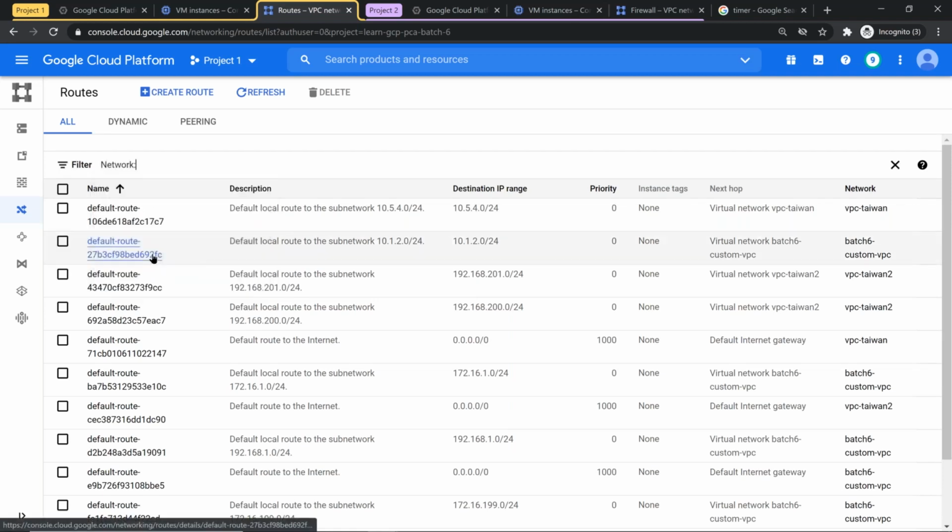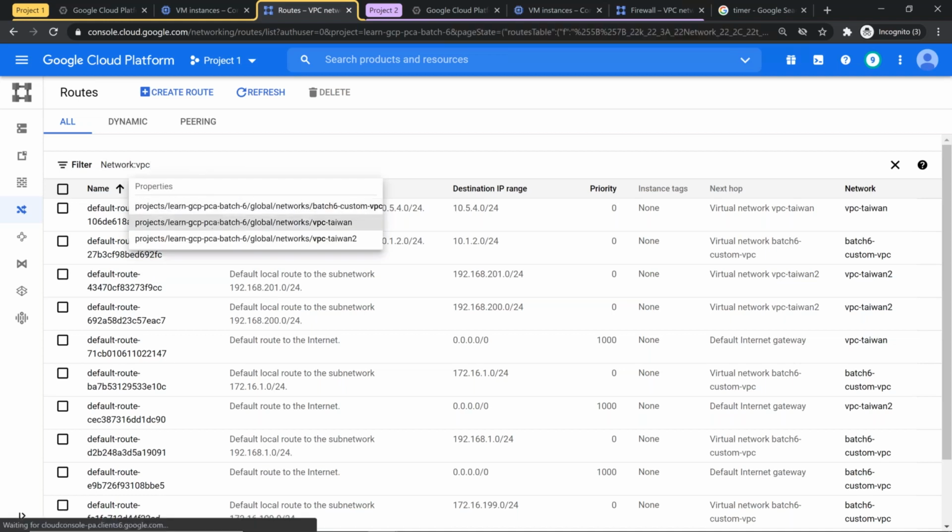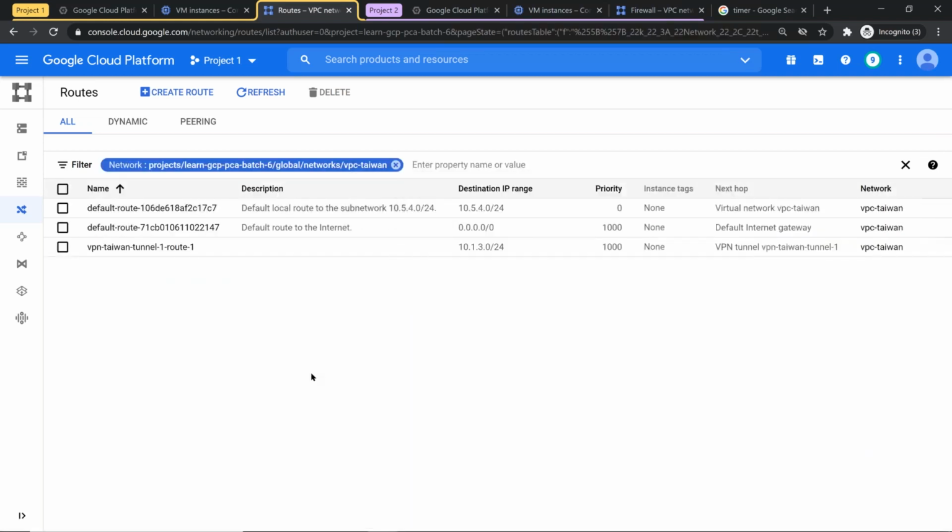I'm going to put a filter on the network VPC Taiwan. Now you see, before you did it, there were only two routes. And you were able to see that the last command in the tunnel creation and the gateway creation was nothing but a route. So you see by yourself, there's a route created